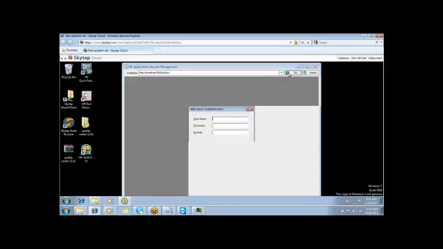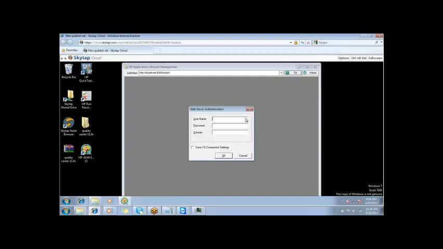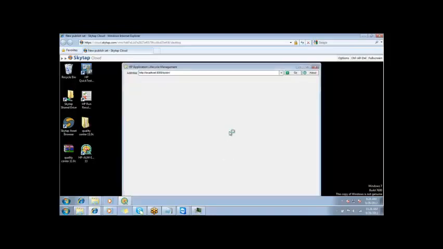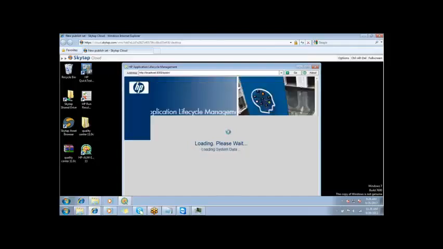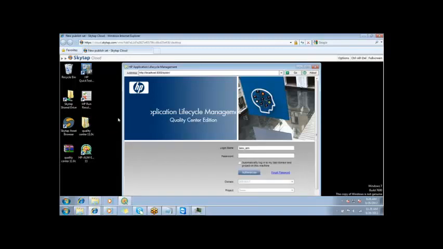I click on the go button and it is asking me the username and password. I'm not sure what the username and password is. Let me check. Does anybody who installed the ALM know the username and password? Click OK directly. Okay, anyways, I clicked on it, because I don't know what password they have kept on this computer. Okay then, fine. It worked. It is admin. Okay, Vidya, thank you.